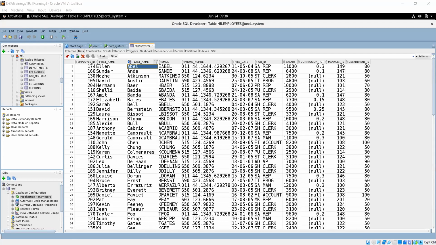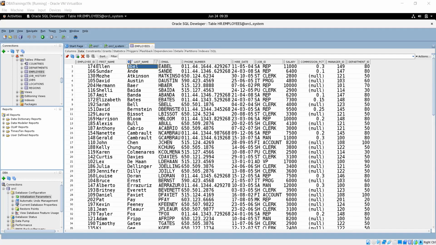So this is the way we can do it. The data is displaying in sorted order. Not only that, we can create a table. Got it? So as a DBA, we can do it.